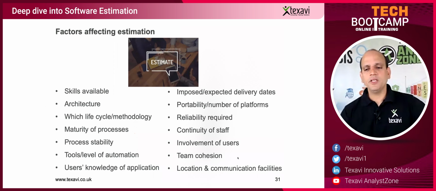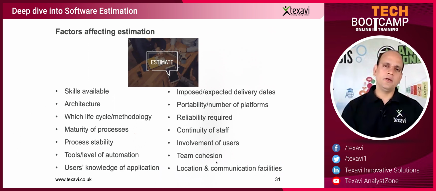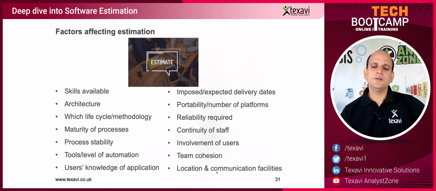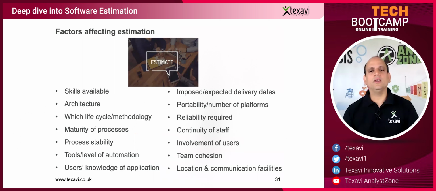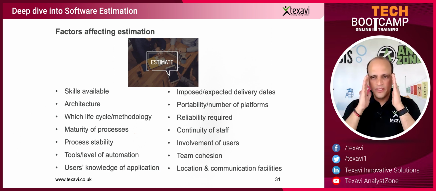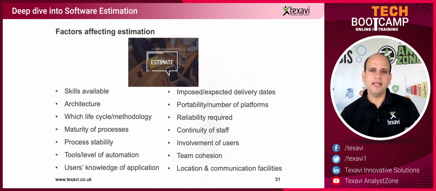Of course, location and communication, we've got distributed, co-located and collaborative teams coming into the picture. We talked about it already in terms of agile. So people located apart, how can they interact? That's where the collaborative tools like Jira, Jive, Trello, Atlassian, Confluence, Wiki, all of these are really helping, and GitHub for the coding. They would really help propel this kind of teamwork and make sure that the work is actually getting easier, so that they can spend time on the core work, which is coding, rather than on other peripheral, non-productive work.